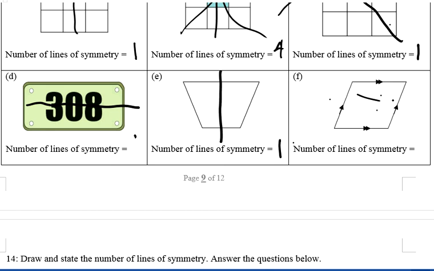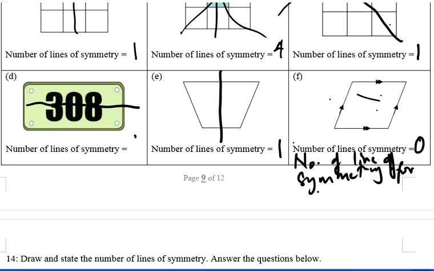If this is a normal parallelogram, you realize that you will not be able to get any line of symmetry. But if this is a rhombus, the number of lines of symmetry for a rhombus will be equal to